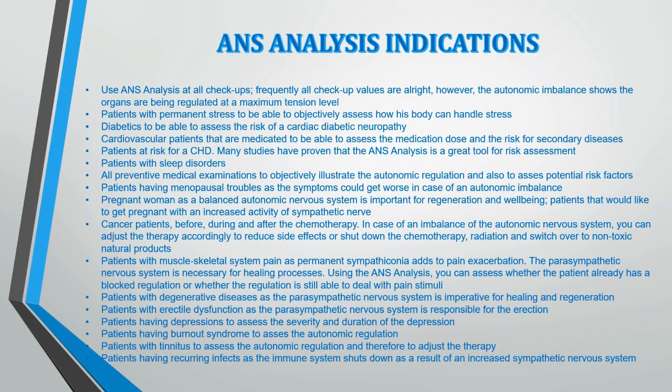Cancer patients, of course, before, during and after the chemotherapy or any other treatment. In case of an imbalance of the autonomic nervous system, we can adjust the therapy accordingly to reduce side effects or shut down the chemotherapy or the radiation therapy and switch over to non-toxic natural products if that is necessary, if the patient reacts badly to those. Also, patients with